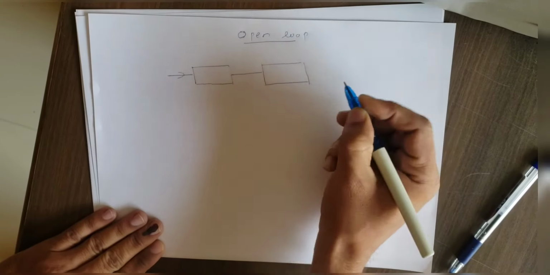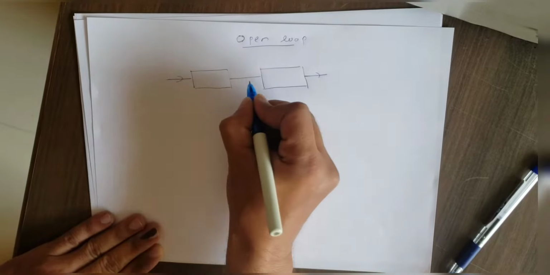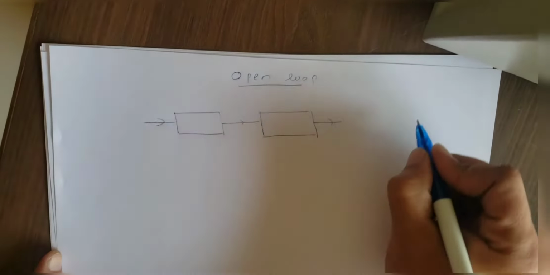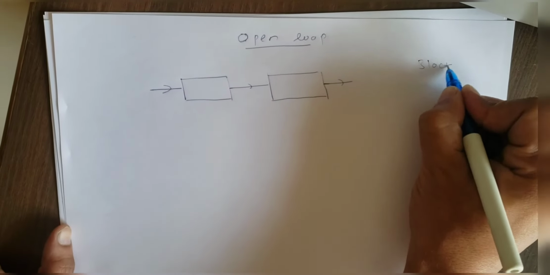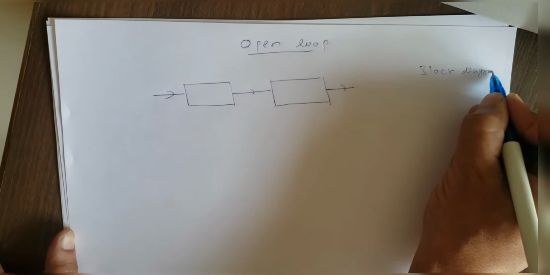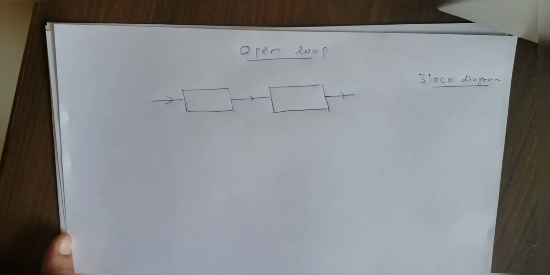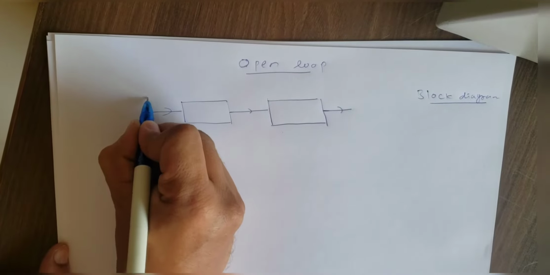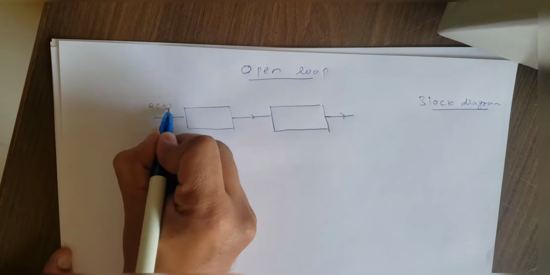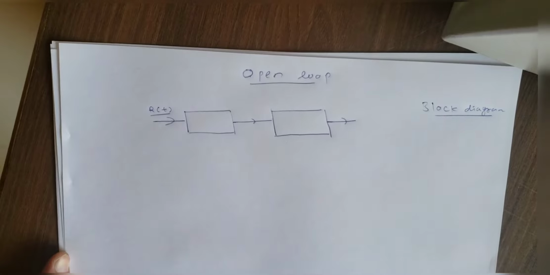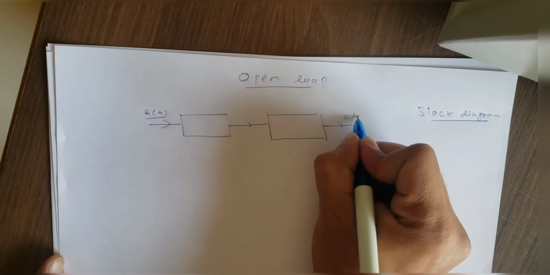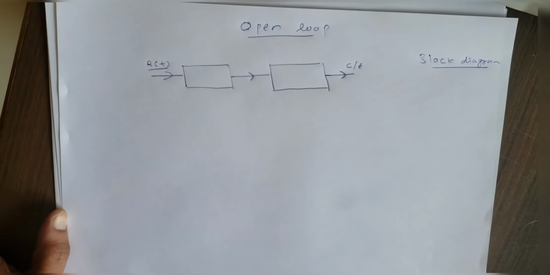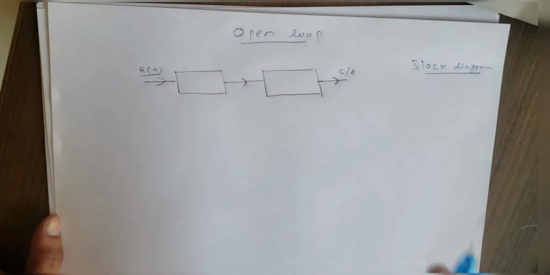They are represented in a control system by means of blocks, and all these blocks together are called a block diagram. So you have to recall this particular terminology, block diagram. Here you have a certain input, mathematically expressed as R(t), and we have an output as C(t). Arrows in the diagram indicate the directions of the signal.